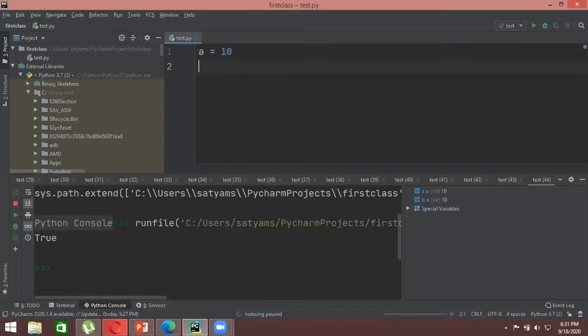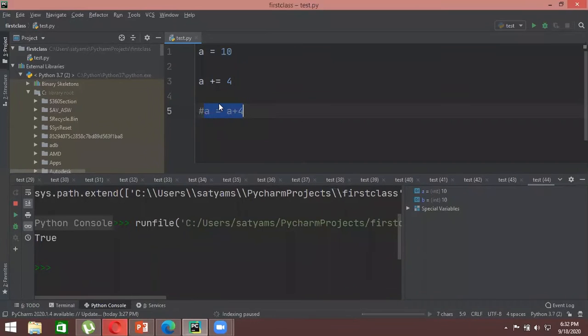So what you can do is just write a plus equals to, let's say I write 4. What this plus equals to basically means is a is equal to a plus 4. That means whatever value of a is there, you have to add 4 to it.